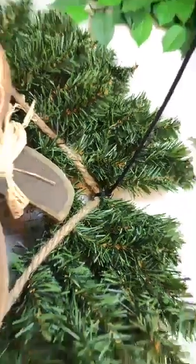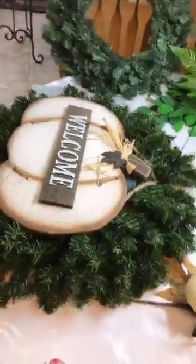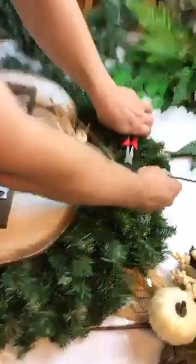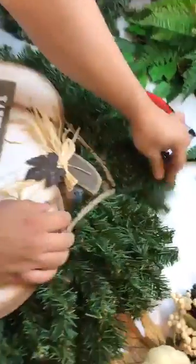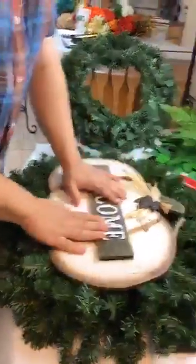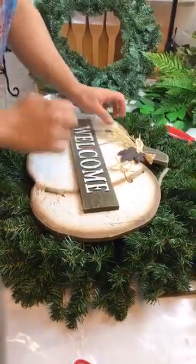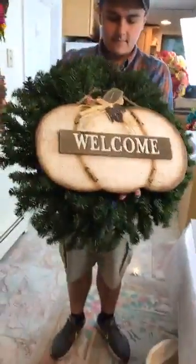And then I'm going to take my clippers and then cut that off. Like this. And you guys can add 2 or 3. You guys can even place them down here. Like I said, I got this sign from Hobby Lobby, so they had a bunch of them, and all the fall stuff is out right now, so they should have a bunch of them. So then it's going to look something like that with just one simple zip tie, and this is really not